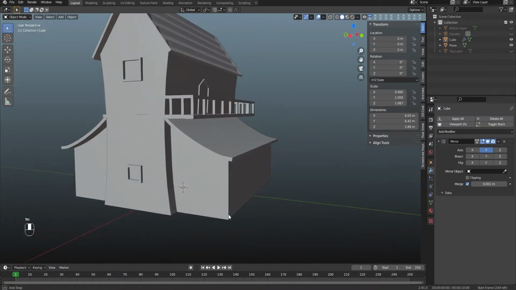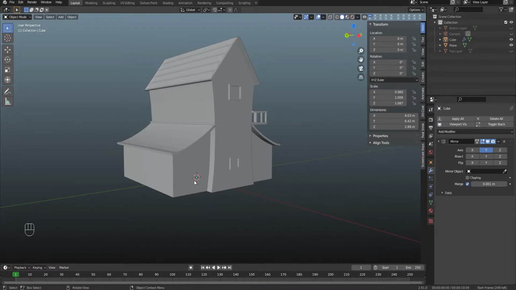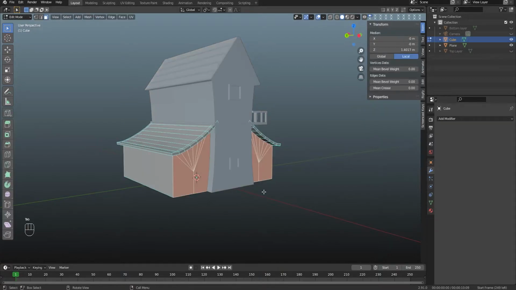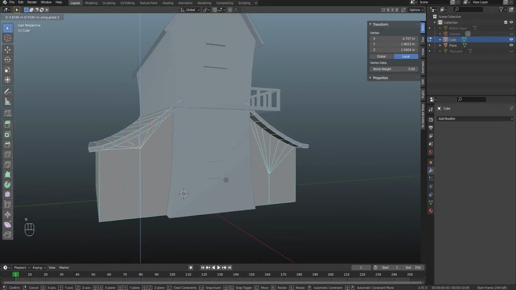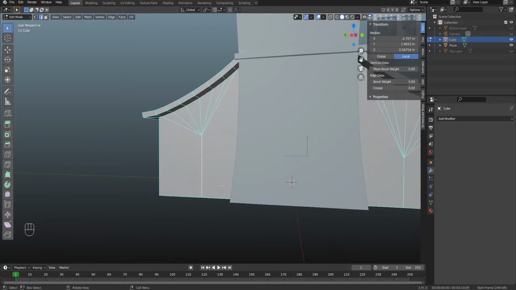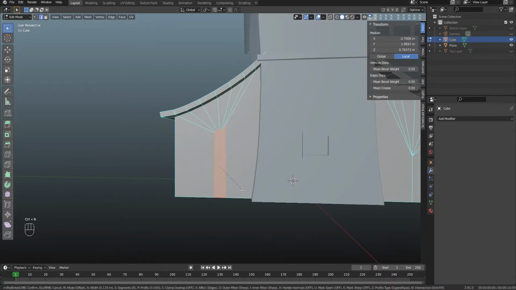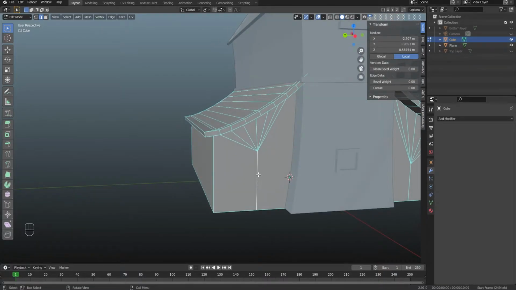Okay, now since we are done with this area, let me apply it. I will be now modeling the door. So for the door, I will select this and bring it up to be around this area. Select this edge, Control B. You know, I can also do something like that. Wait, let me just